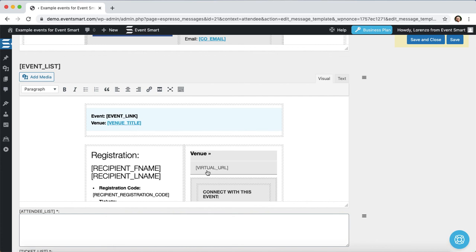So that is an overview of how to set up a custom registration approved message template for virtual events, and